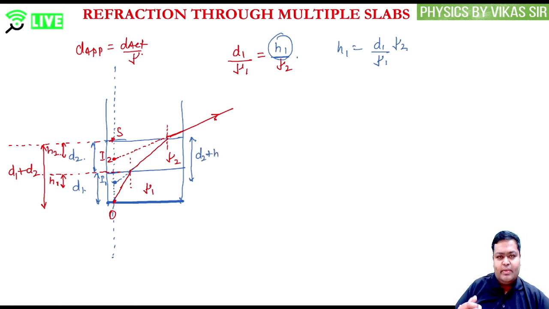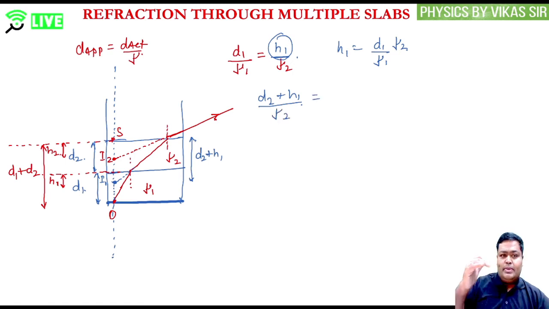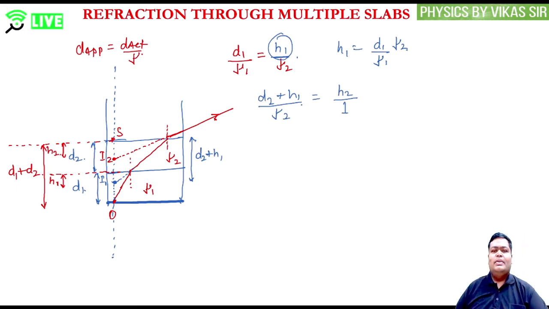So now this is going to behave as an object distance, so that is d2 plus h1। अब रे कहां से आ रही है, that is coming from the second medium, that is of the refractive index mu2, and the final position from the surface क्या है, h2, and the ray has managed to get into the air, तो वहां पे refractive index कितना है, 1। So once again applied a relation d1 upon mu1 equal to d2 upon mu2।